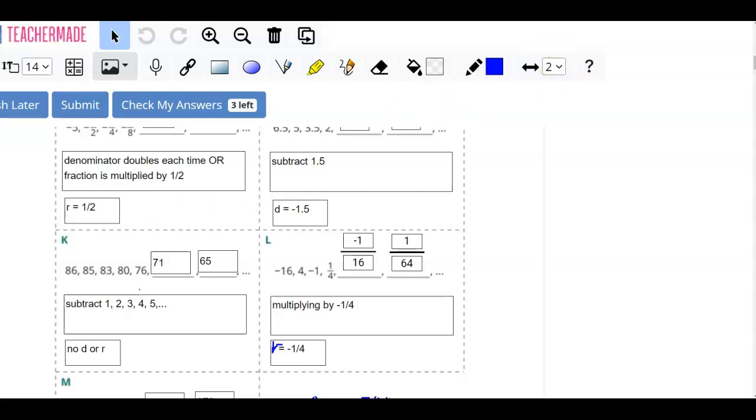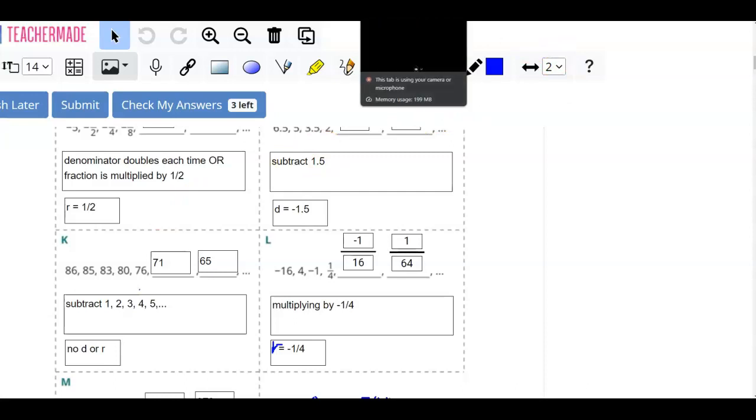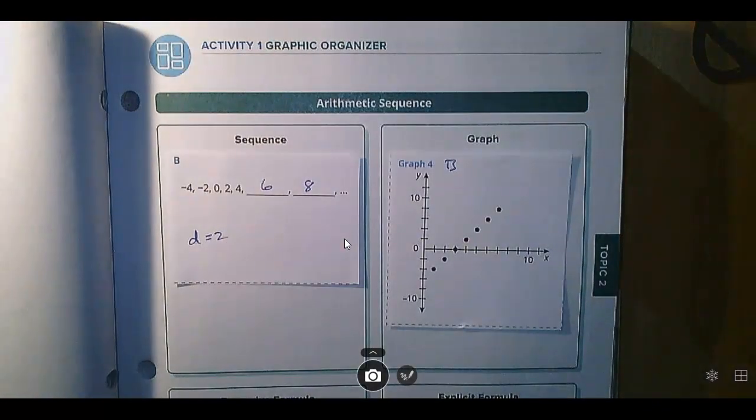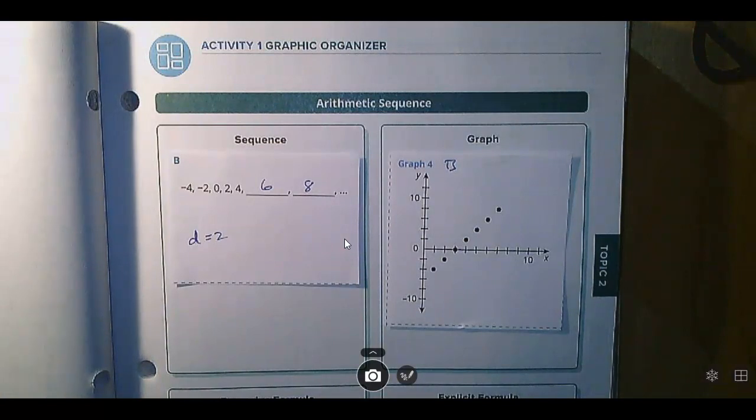So if you go get your cards and your graphs, cut out your sequences and your graphs. Cut them all out. And then what you're going to do is tape or glue them on